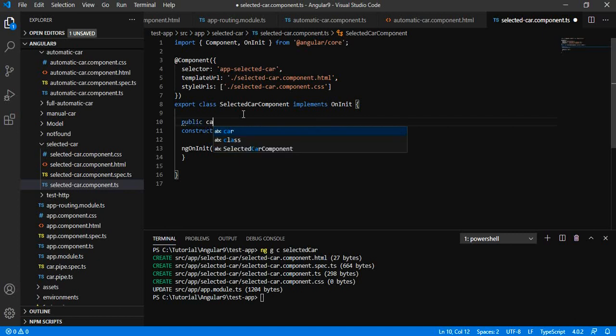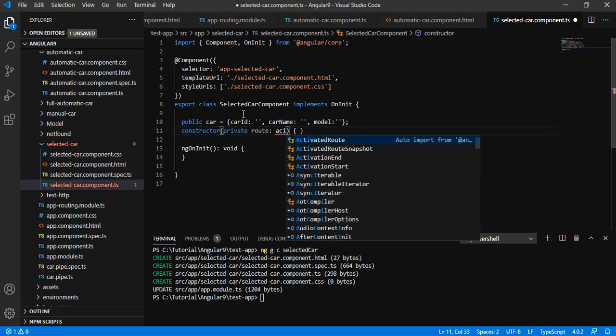Let us define the variables inside which we will receive the values: car ID, car name, model, and inside the constructor let us define private route, ActivatedRoute.